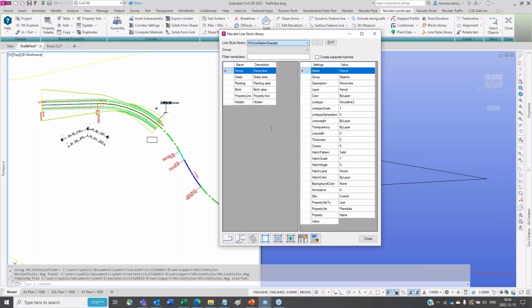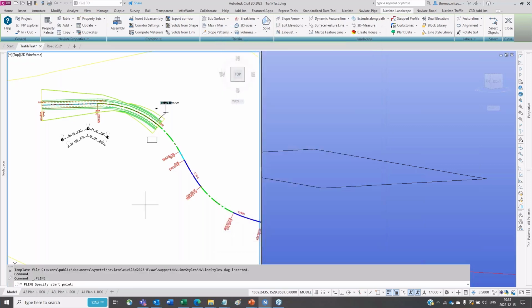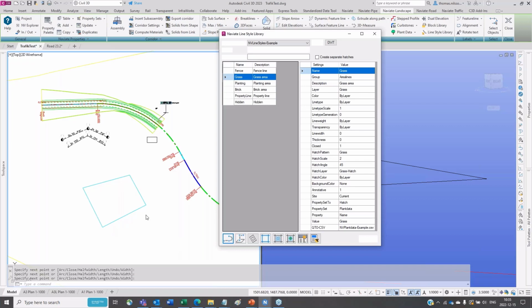I'll select my example. I'll do a grass area. So this is a CSV file with a number of settings. For each object, I have settings for how the line type should look, how the hatch should look, how the property set should be added to this one. So I will do this quickly. So you see it's selecting automatically